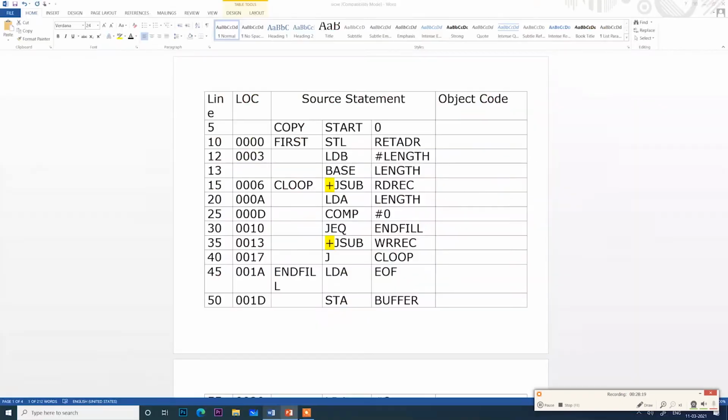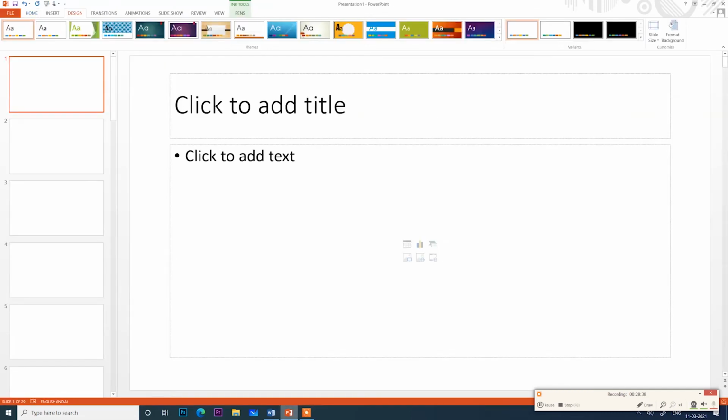Format 3. So what we have done? We have converted this into 17202D. First instruction is over. Now we'll go to this instruction. See, this instruction is LDB length. So consider the instruction LDB hash length.